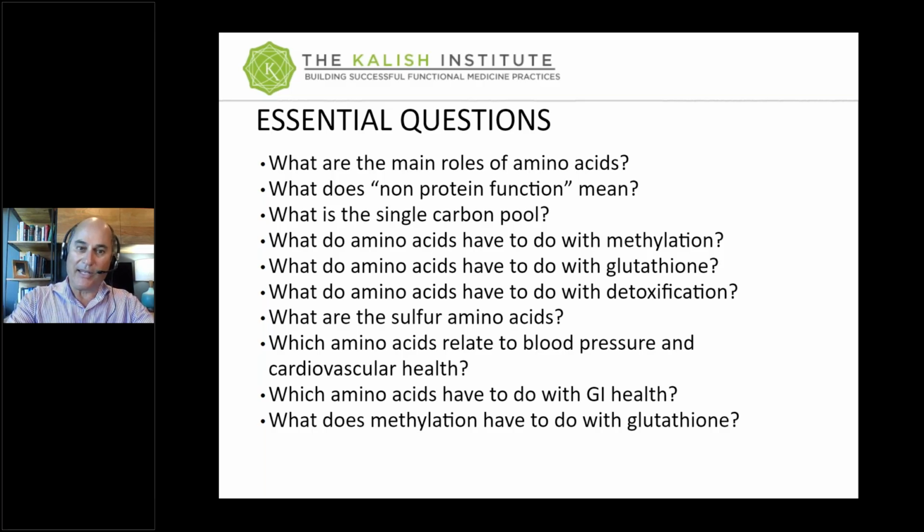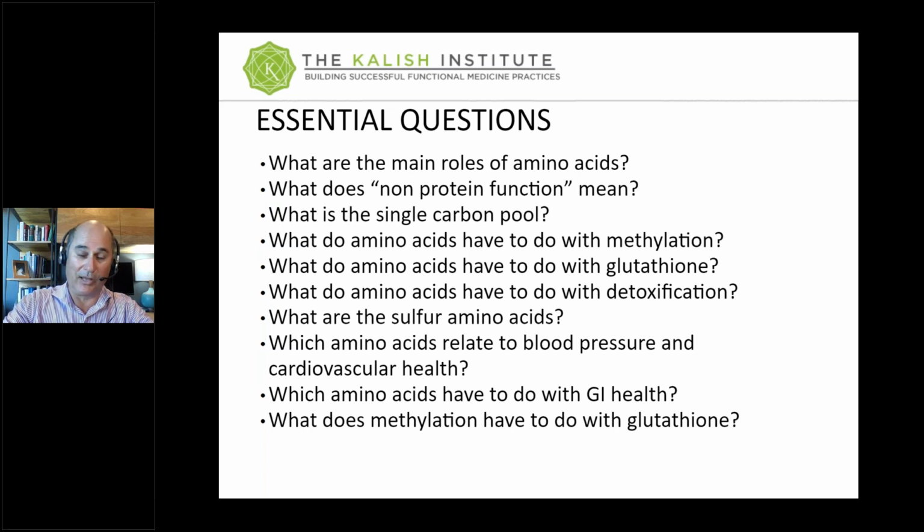But these amino acids, the 20 key amino acids, have another role. Their non-protein function might be like glutamine helps repair the gut lining. But the protein function is that you need all these 20 amino acids, including glutamine, in order to make proteins. All proteins in the human body require the same 20 amino acids. So in addition to their individual roles that they play, like tryptophan makes serotonin, tryptophan is also one of the 20 that's essential, that's required for making all proteins in the body, except collagen is the exception.